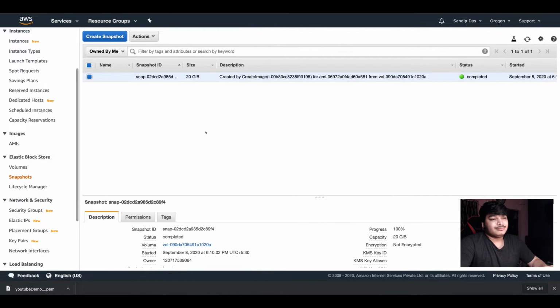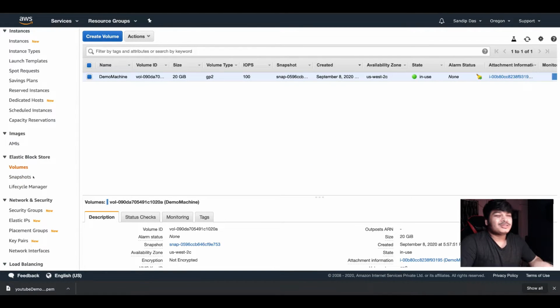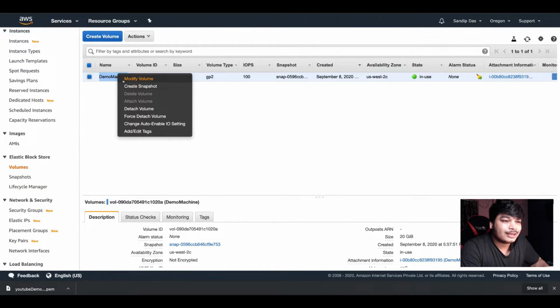Normally it's just to keep a backup of the volume. Sometimes what happens, you're going to do some experiment, and your data might get corrupted or something could happen, right? So you can always go to the volume and create a snapshot. So what is a snapshot?